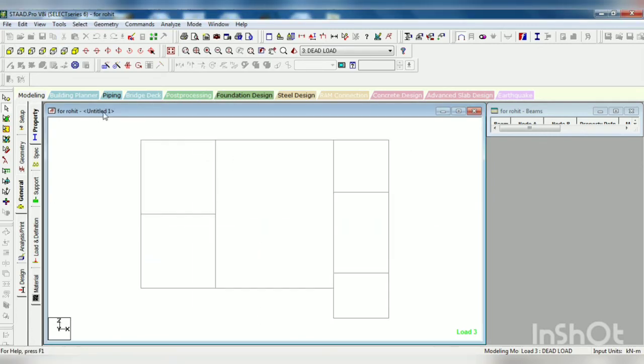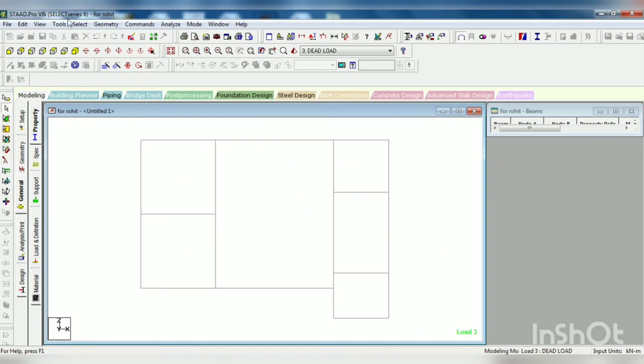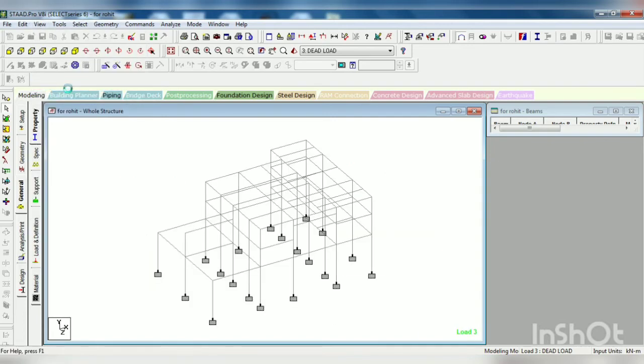And if you want to see the properties that you have assigned, you can simply press Shift X. So here you can see rectangular 0.6 by 0.3. This is the way you check the properties that you have assigned. Shift X, here go View Whole Structure.